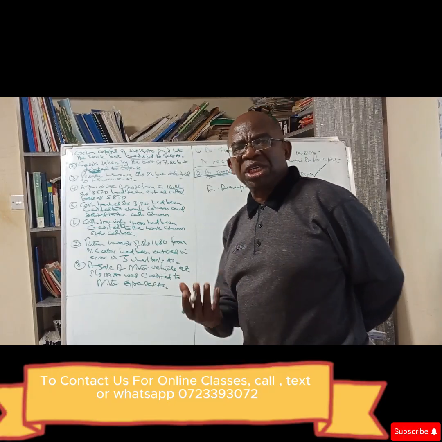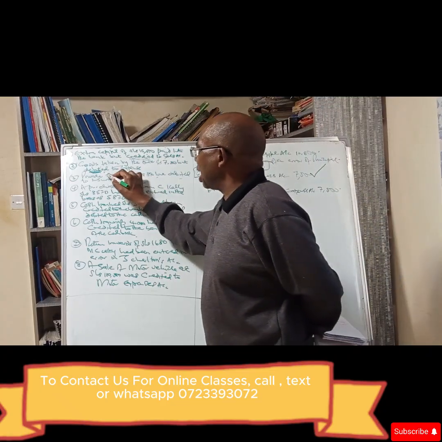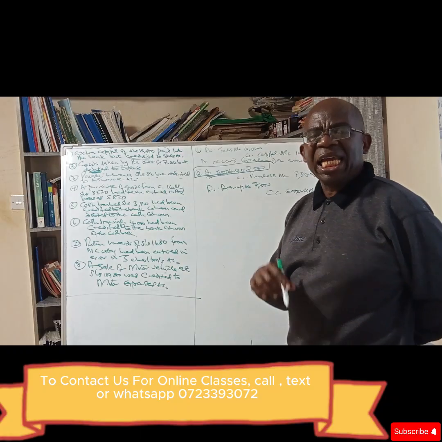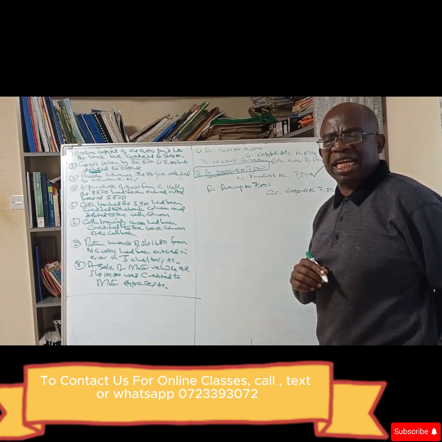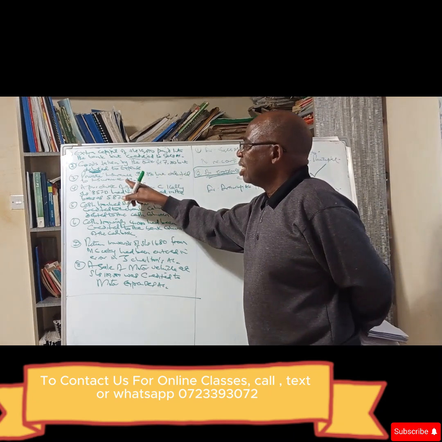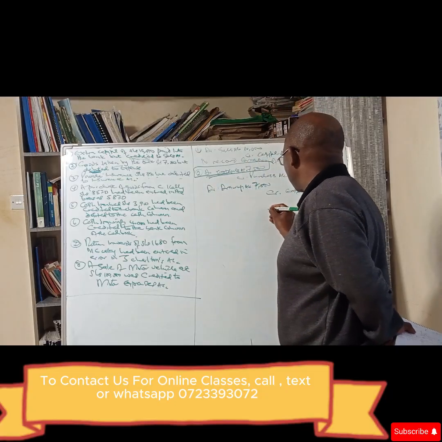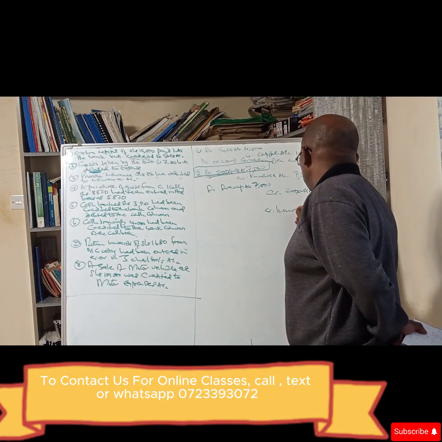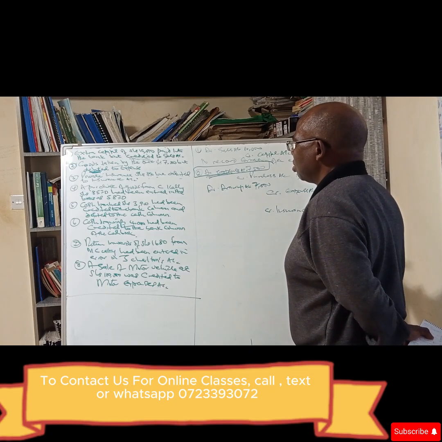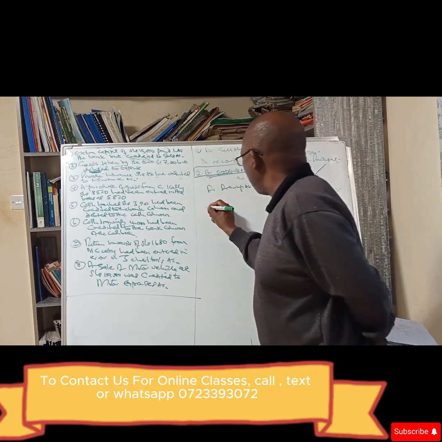Ask yourself, are these categories the same? No. Private insurance is drawings. The insurance account is an expense. So again, it's an error of principle. We increased insurance with drawings, so we need to reduce the insurance. We come and credit the insurance account with 890, because we had increased it, and then we debit